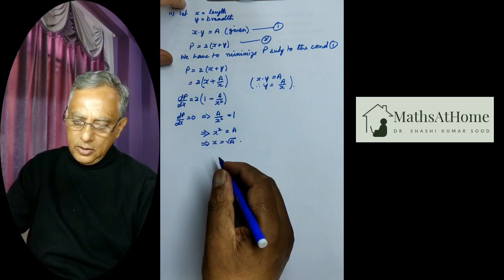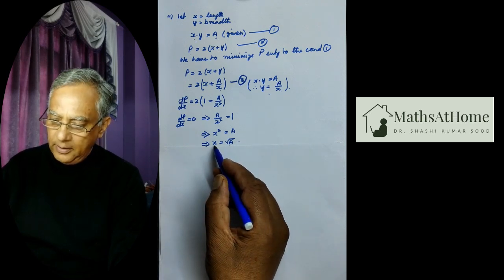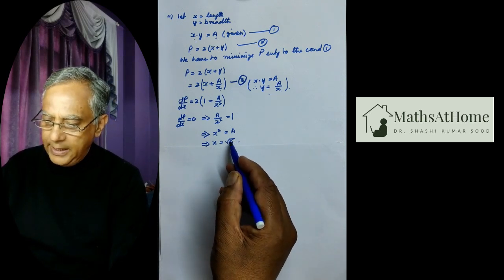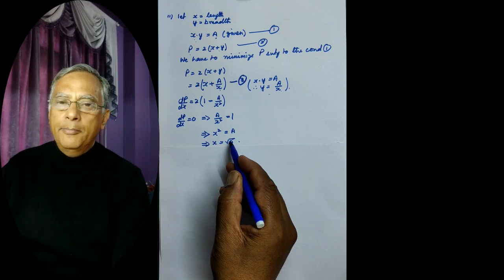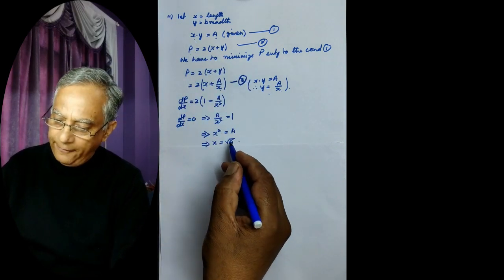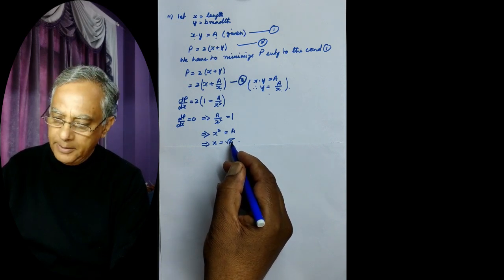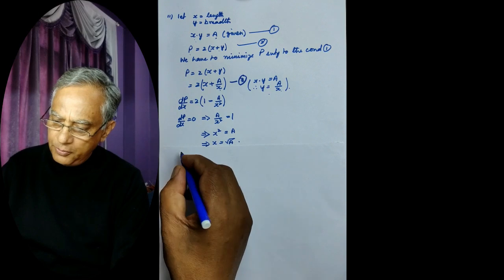X is root a. Now we shall verify that x equal to under root a is a point of minimum. We have to minimize p. So we verify that x equal to under root a is a point of minimum. What we do is we find